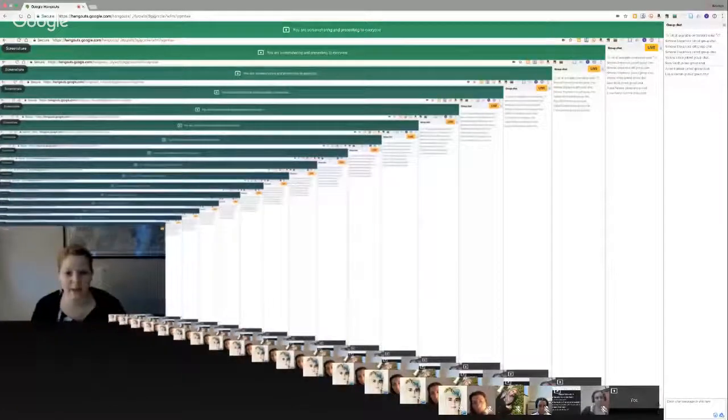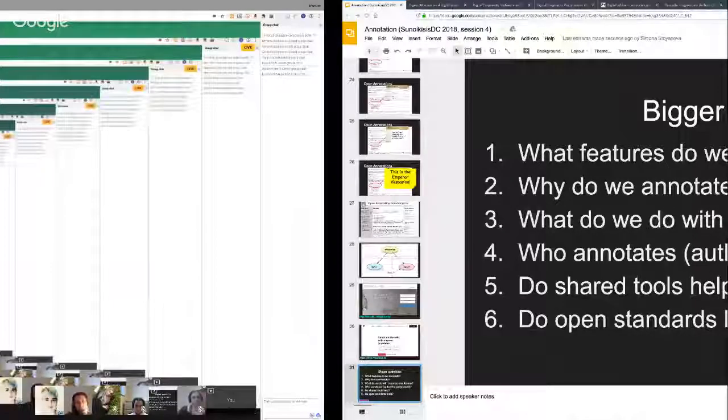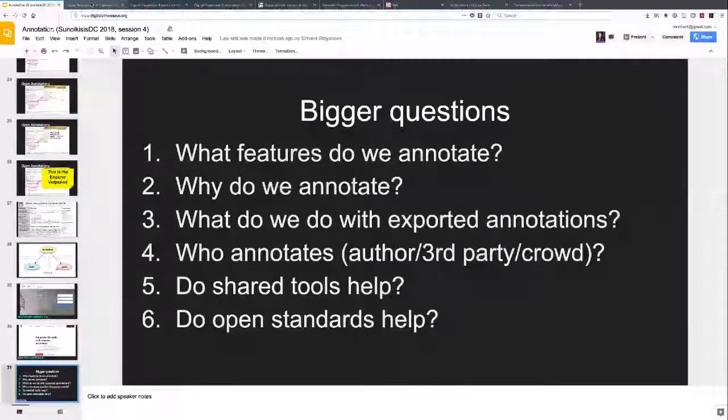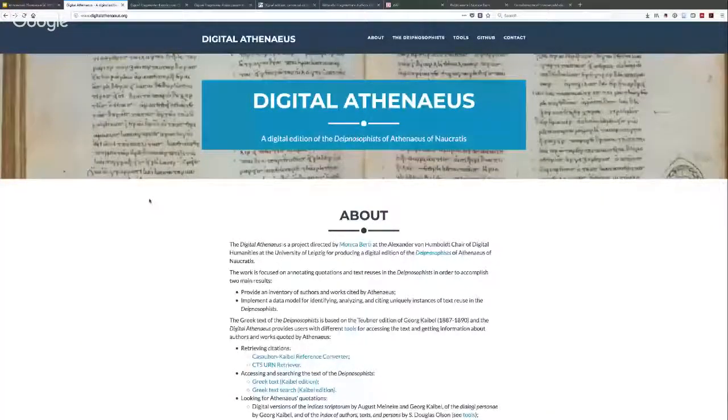I can show an example from the Digital Athenaeus project. And here we can talk again about using the machine. And I agree with what you said before, in the sense that we can use automatic annotations, but we need to check them. So we have to think about the corpus, the extension of the corpus, because of course we can't check everything.